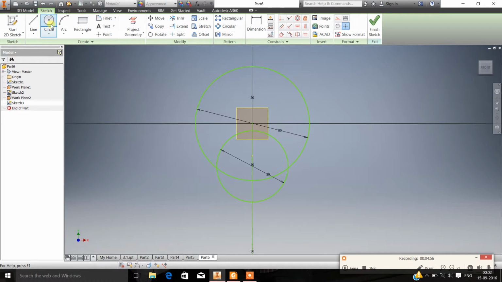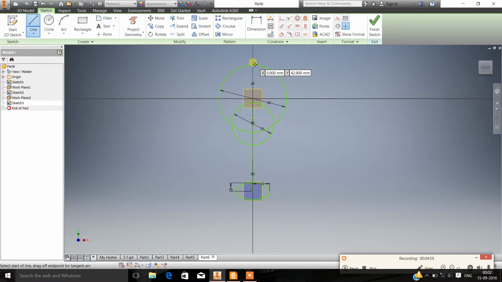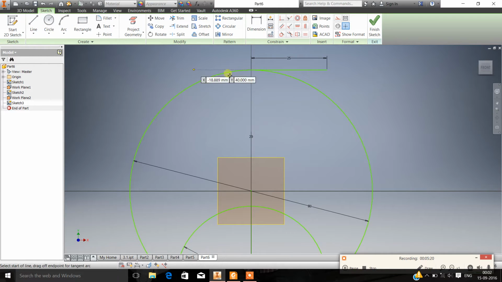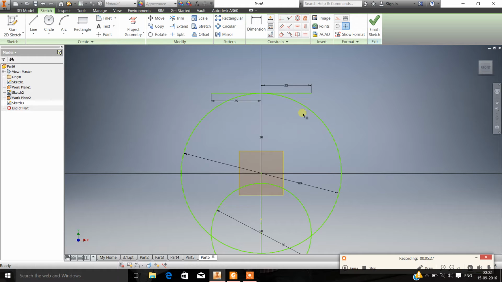Now select line from, taking this as a point, we have to make an arc of 50 mm. So just click over here on the circumference of this above circle, make a line of 25 mm to the right at 0 degrees, and a line of 25 mm from this point towards the left. So we'll get the total 50 over here, and just join this line on the circumference of the circle